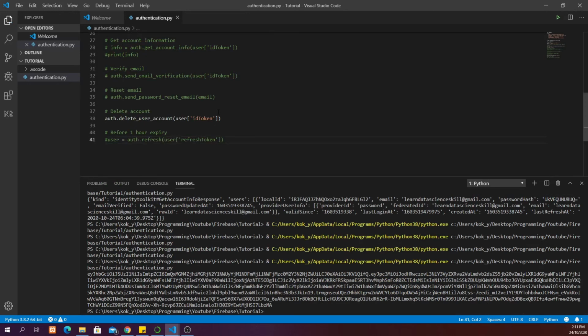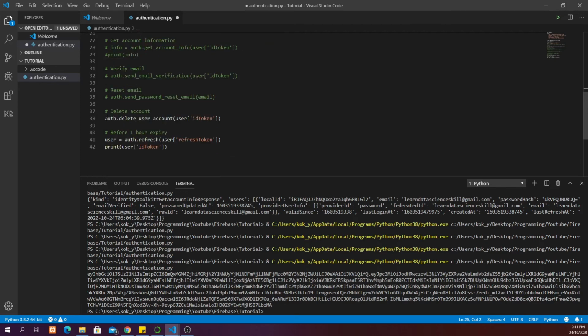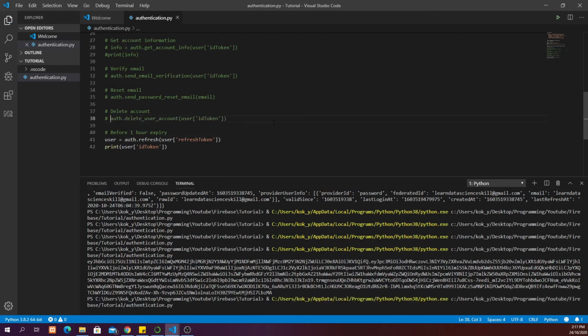Then 1 hour before the user ID token expiry, if you run this code, user equal to auth.refresh user refresh token, we are just going to get a new user ID token. So print user ID token. If I comment this out and comment this out, and then if I run this,